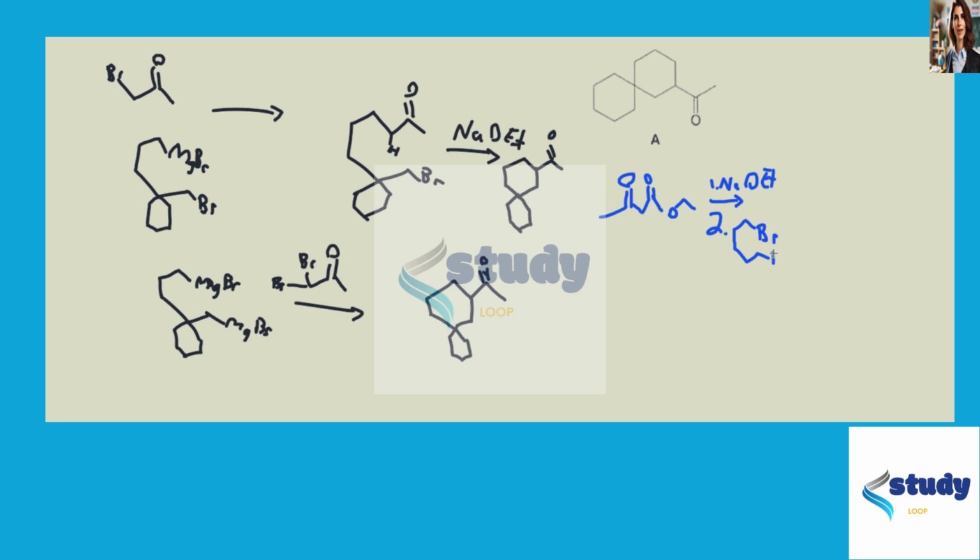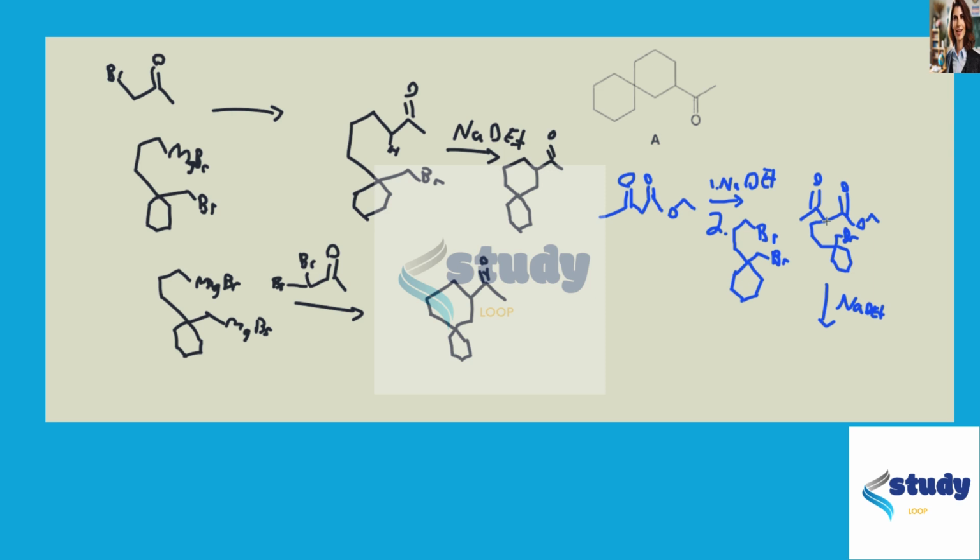And you see how I'm drawing it, that it kind of resembles the shape that I want, so it's easier to count carbons that way. So after one equivalent of this reaction, we will have reacted with one of these electrophiles. So we will make a carbanion that will hit one of these electrophilic carbon centers to form now this. And then if I react it with another equivalent of base, sodium ethoxide, you'll deprotonate the other